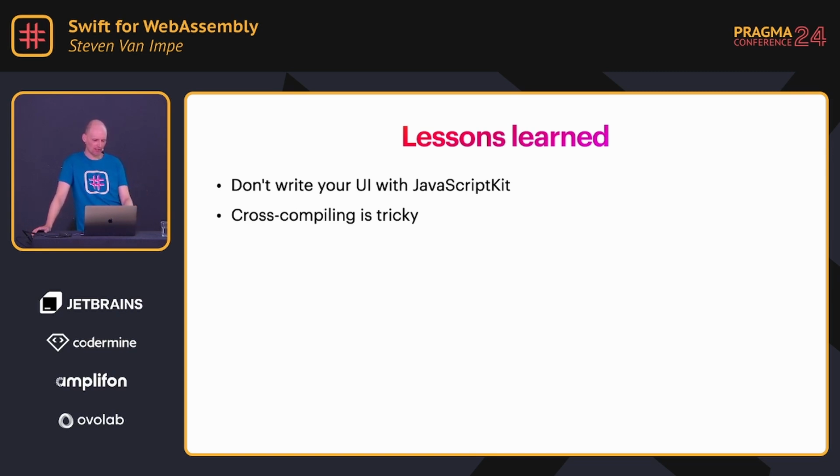I have an Intel MacBook. I'm compiling for WebAssembly, which is a different architecture. So you have to be really mindful about which toolchain I am using, because I have the one that comes with Xcode, an open source one, and then the SwiftWasm one. So be mindful about which toolchain you are using, which architecture you are compiling for, and which architecture SourceKit is